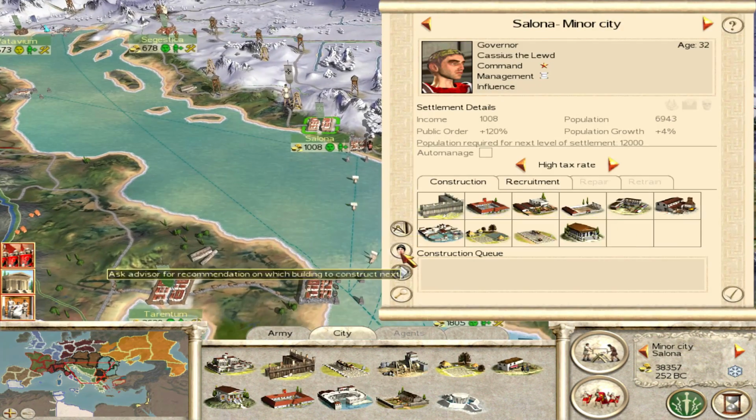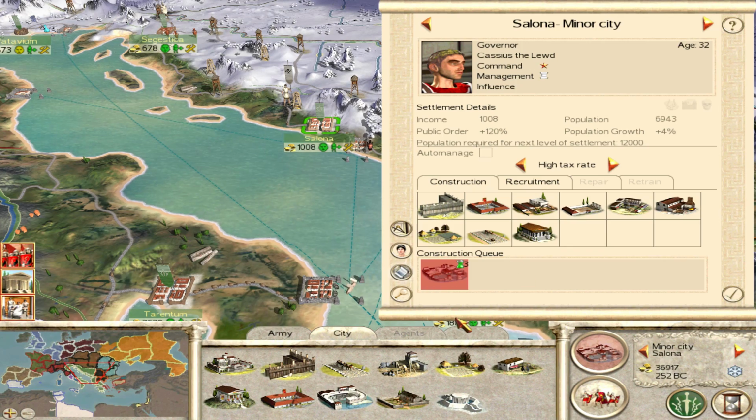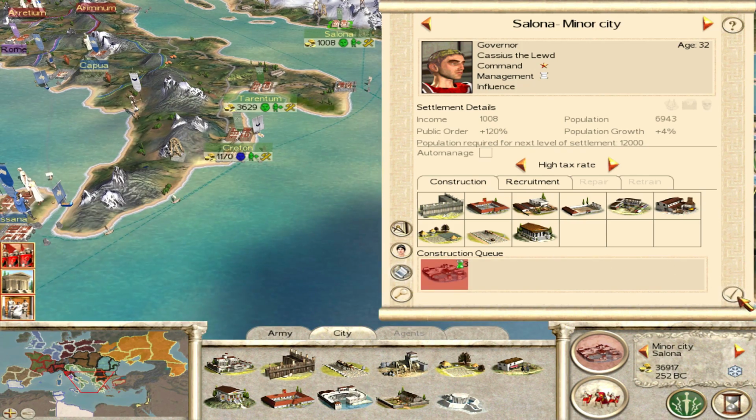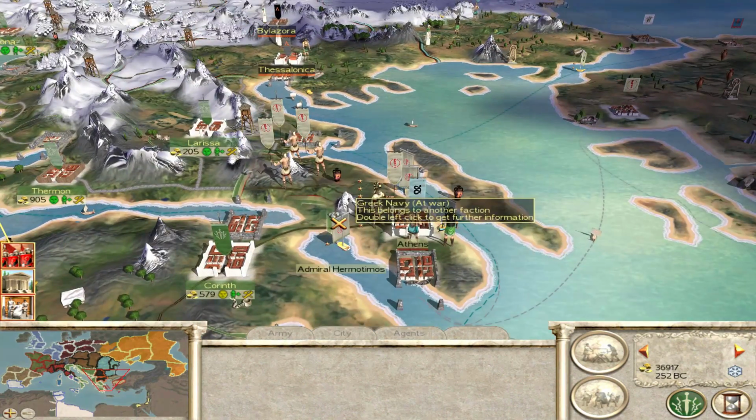And Salona has been promoted to a big old city. Let's get a shipwright going in. Oh, yes. That is just the thing we need there. Mines +1, shipwright. Salona is going to be a very profitable little base for us. But more importantly, yeah, there's a bunch of...